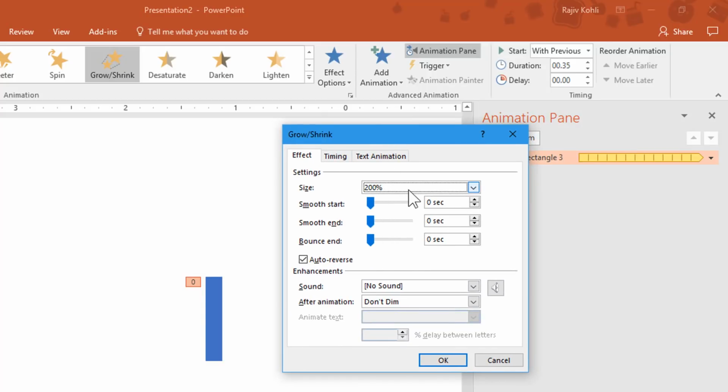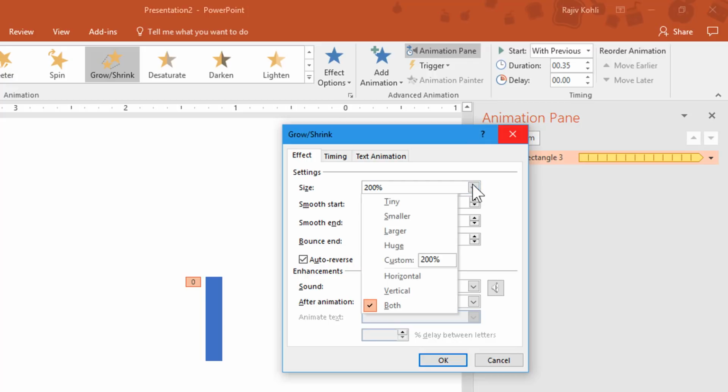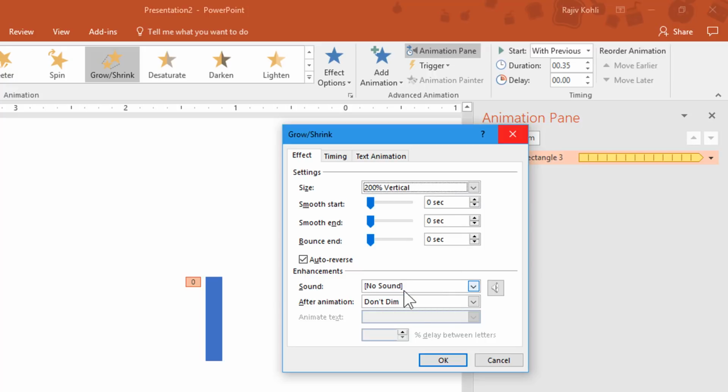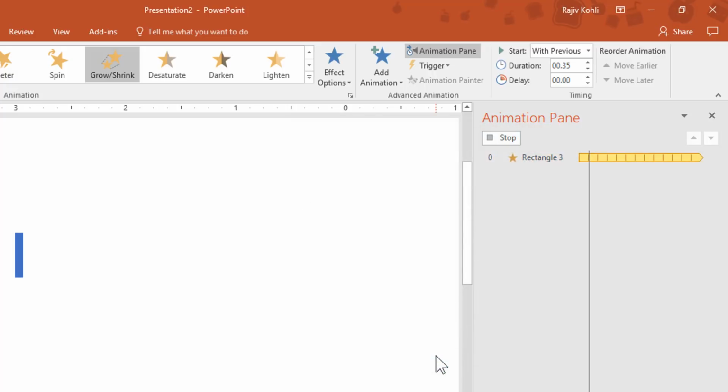By default in PowerPoint 2016, when you apply the Grow/Shrink effect, it grows or shrinks the object from all the sides, vertically and horizontally from both of the sides. And I would like to grow the size of this bar only vertically. Hit the OK button. Okay, that's fine. Let's see the slideshow.